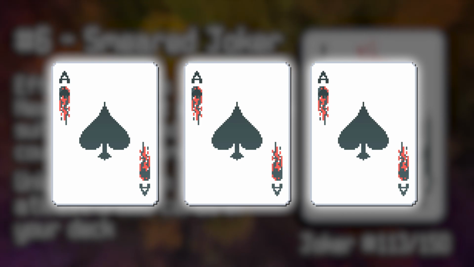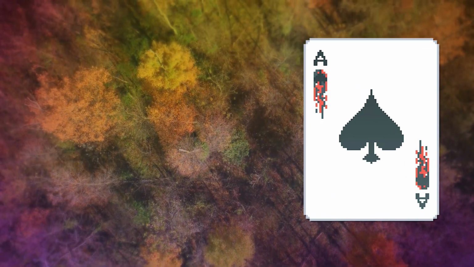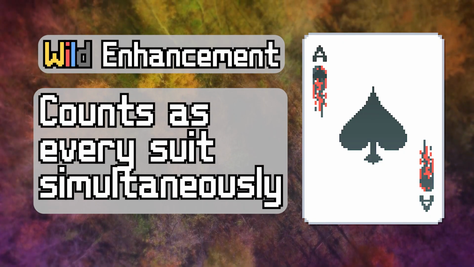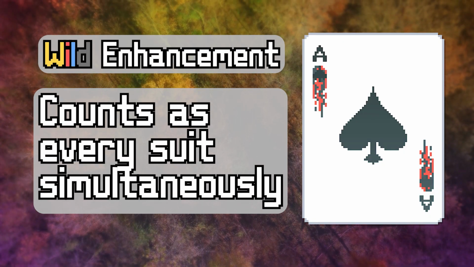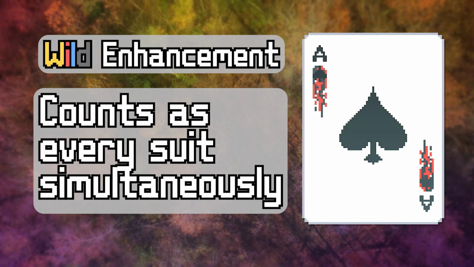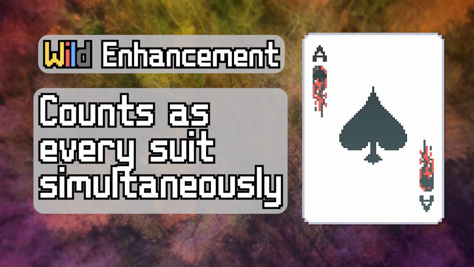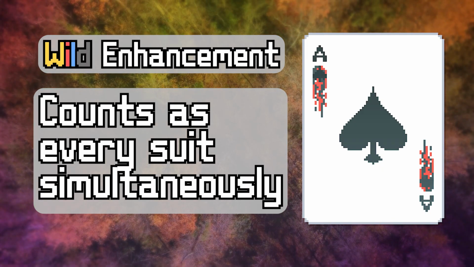For this reason, we won't spend too much time discussing this joker. Like Gold, Wild is one of several enhancements that playing cards can have. Cards with the Wild enhancement count as every suit simultaneously. There are tons of interactions, both positive and negative, involving the Wild enhancement, but we won't get into too much